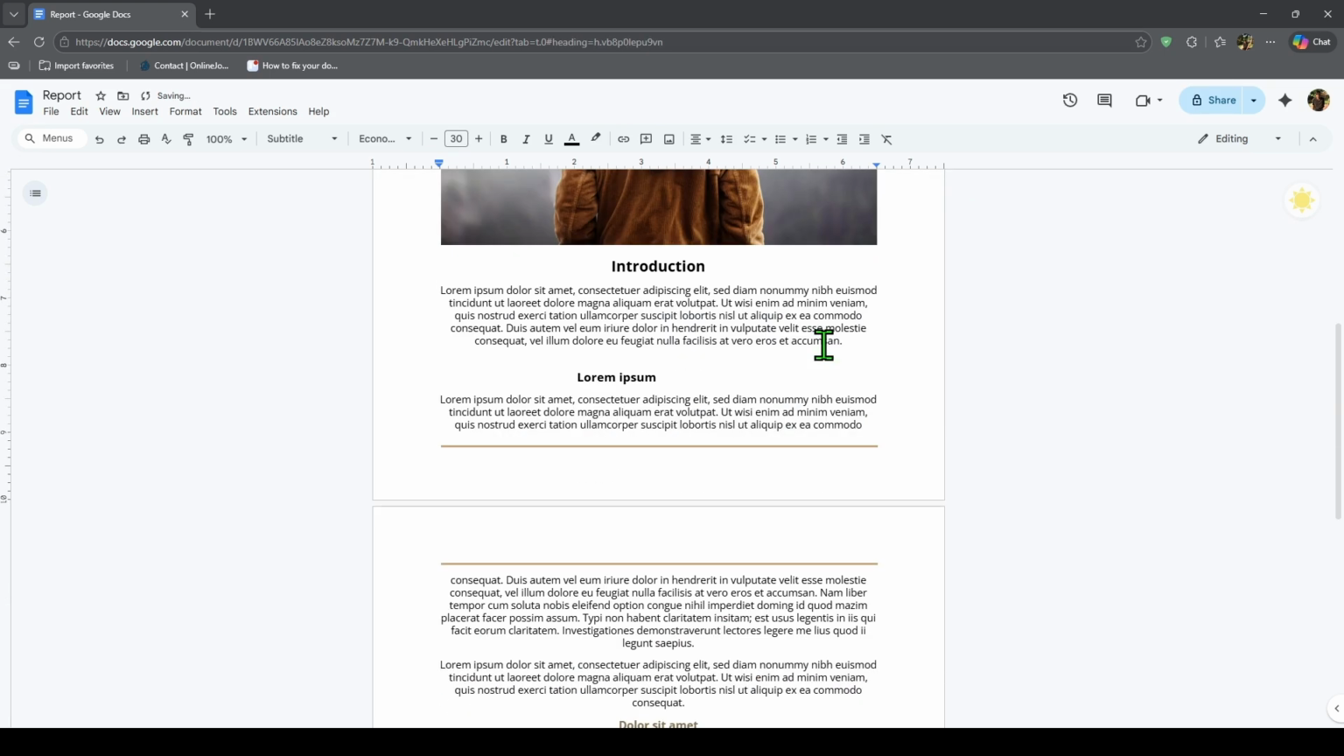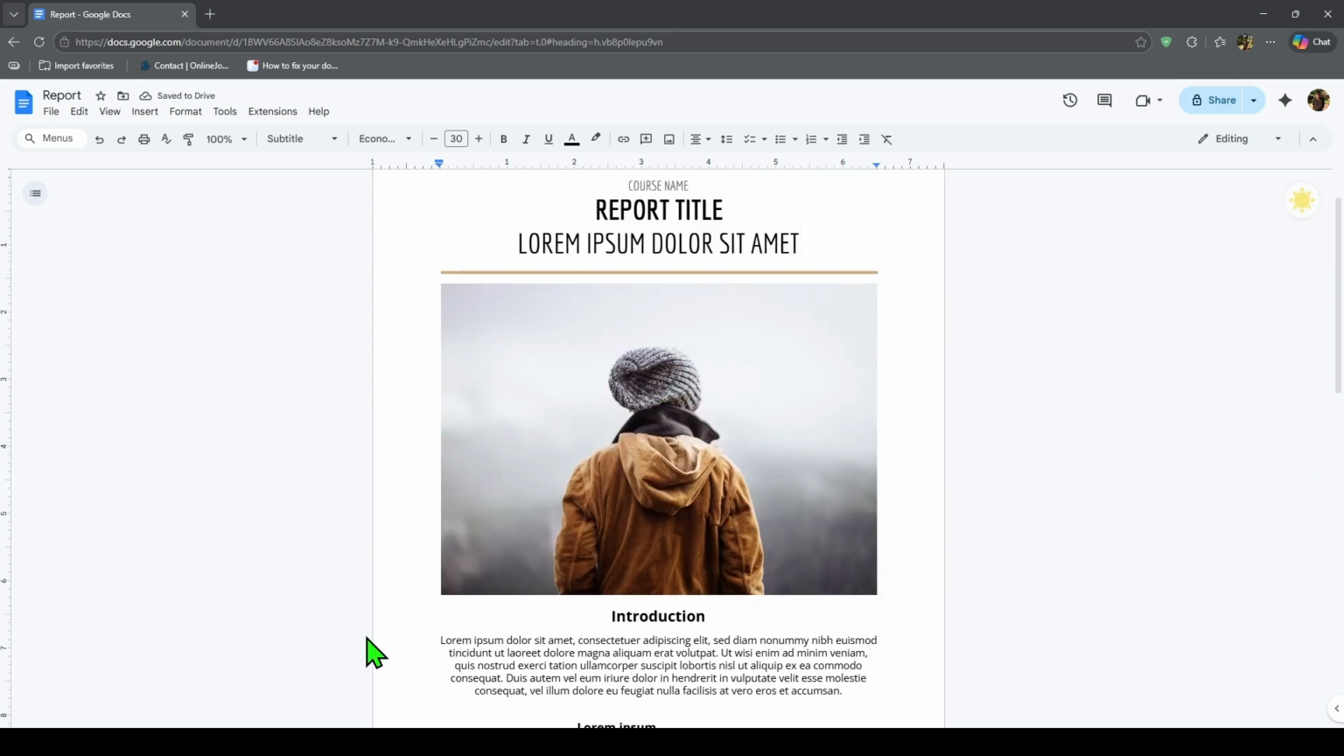So, to center text in Google Docs, select the text. Click the alignment button in the toolbar and choose Center. Or go to Format, then Align and Indent and select Center. It's a simple change, but it makes headings and important text look much cleaner and more